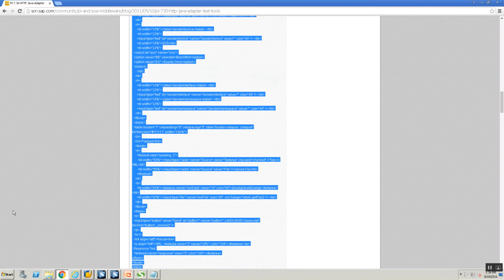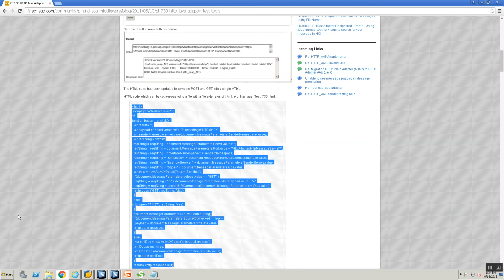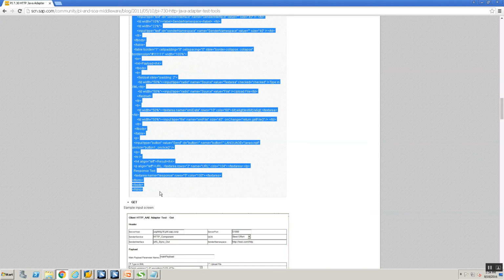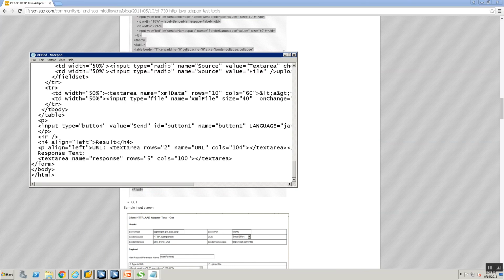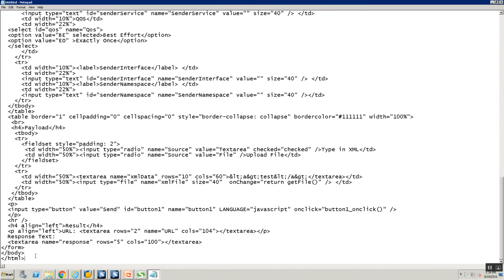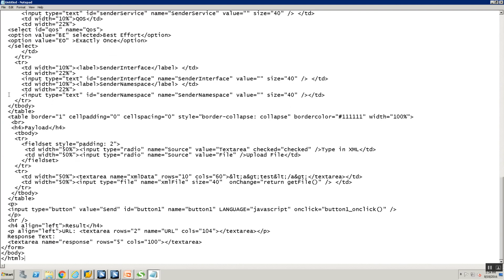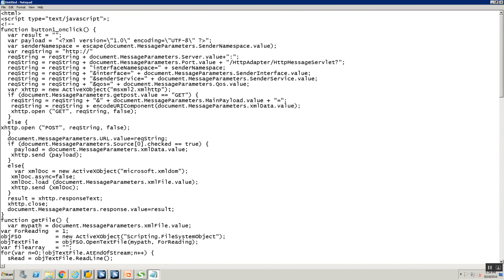So what you need to do, make sure you're selecting HTML code from here. The HTML to /HTML code here needs to be copied.